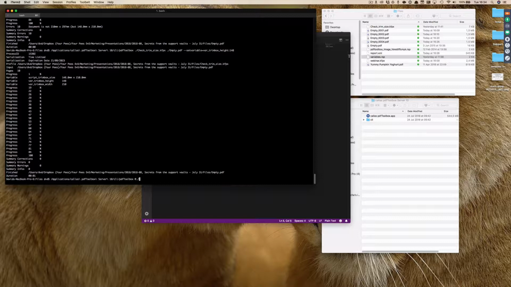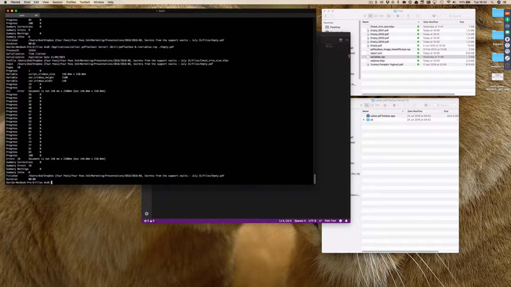I can add the variables, well, not just the variables, all the command line parameters in this response file. And then I can add the file that we want to process. And even though we have not specified a profile on the command line itself, and we have not specified anything else in terms of command line parameters,